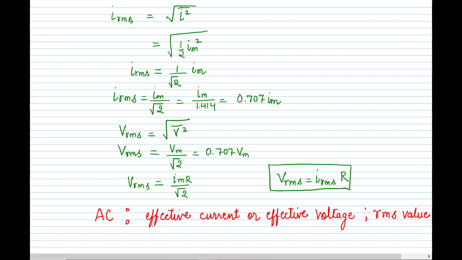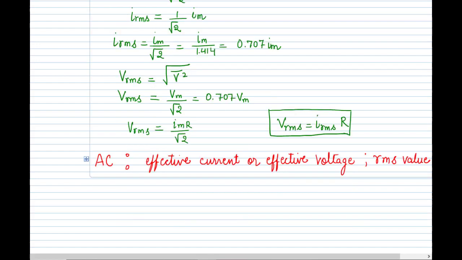For example, in our household we use voltage, and we all know its value. How much voltage is coming to our home? Yes, it is 220 volts. And you know what this 220 volts is? Is it V, Vm or Vrms? It is always Vrms, because that is the effective value we are using. So the Vrms of the alternating current coming to our home is